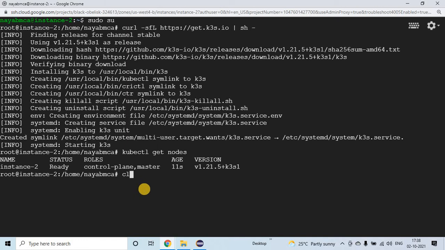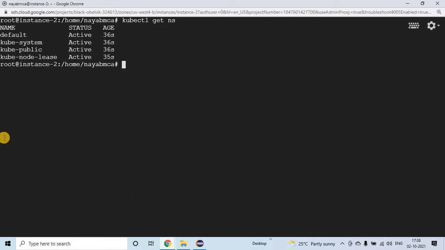All right, let us give some more commands. kubectl get ns, I wanted to list all namespaces. See, these are the namespaces. We have kube-system, kube-public, kube-node-lease, and default. Isn't it really cool, guys? If you really want to look into it, just look into it. After using this, I felt it is very comfortable and very good as well. To have deeper knowledge, I think we should get our hands dirty.